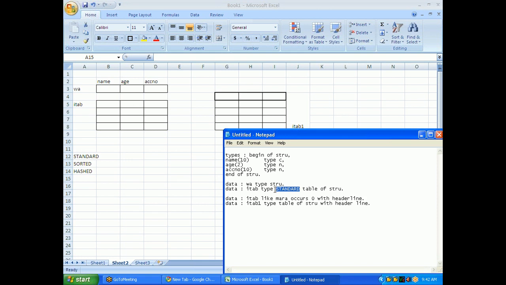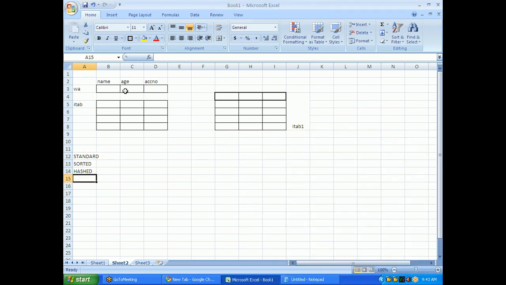If you do not add this keyword also, it's a standard internal table. So now what is this standard internal table? For example, this internal table has a field age. Age is 22, 23, 24, 25. Like that, several ages are available.